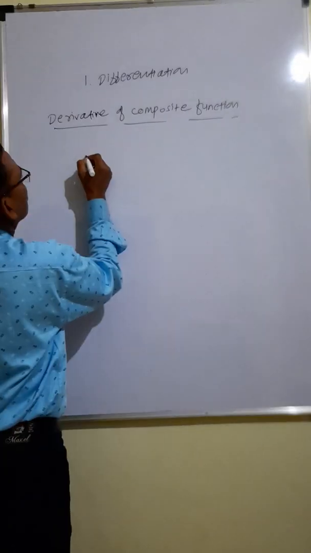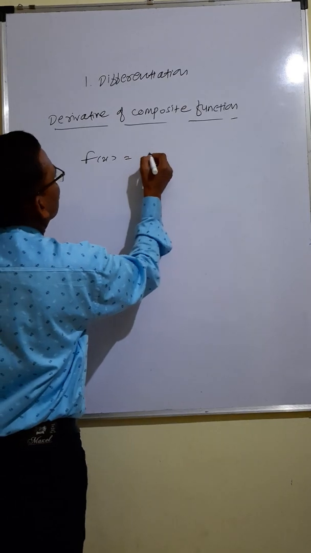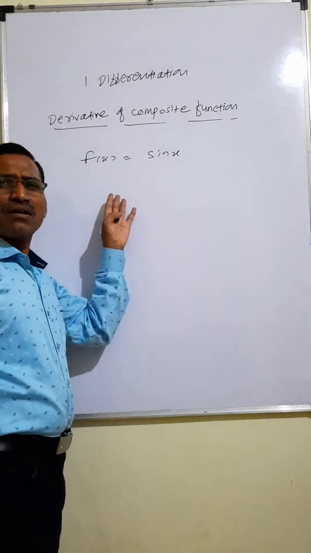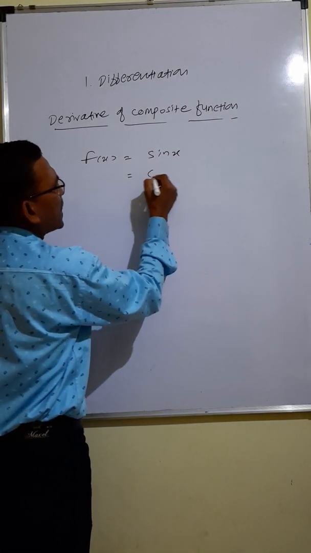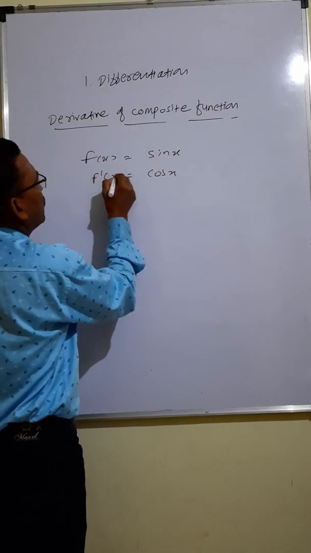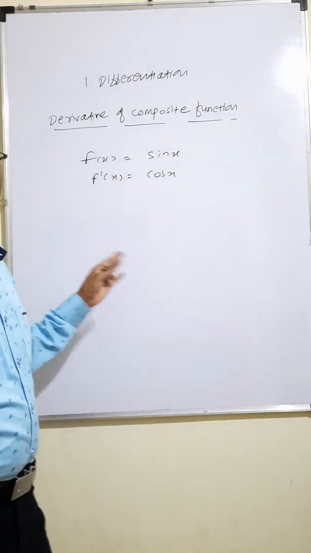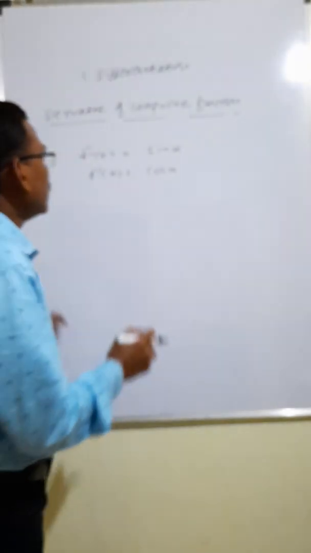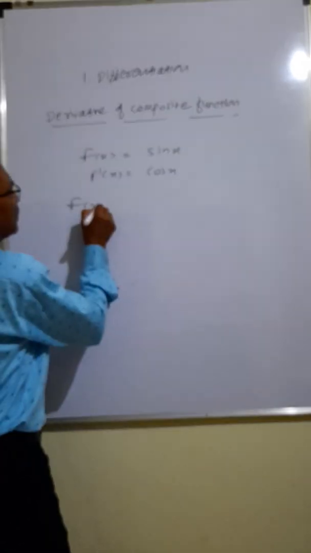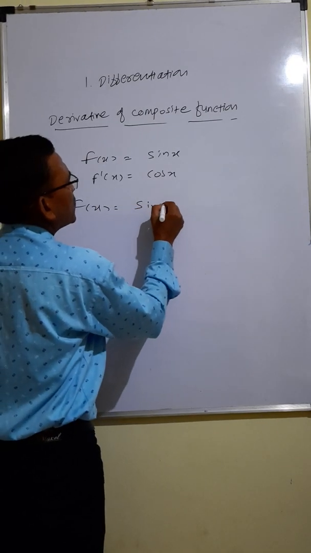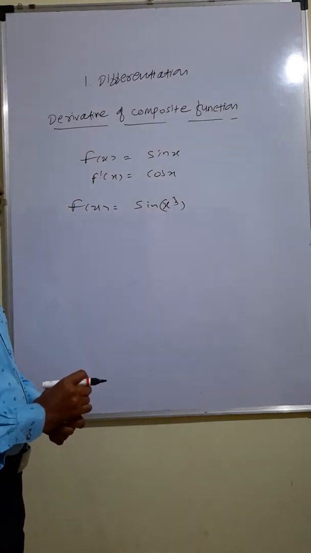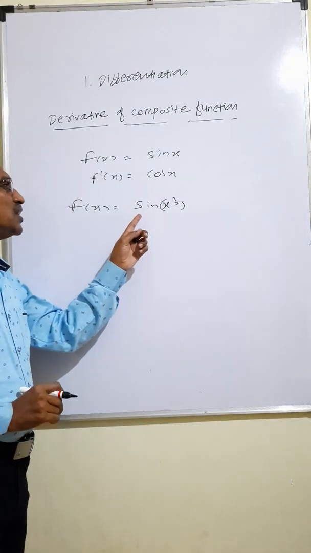So we know the derivative of this function f of x. Its derivative is, the derivative of sin x is cos x. We denote it in this way. And also, can you say the derivative of this type of function, f of x equal to sine of x cube? And so the derivative of this function is